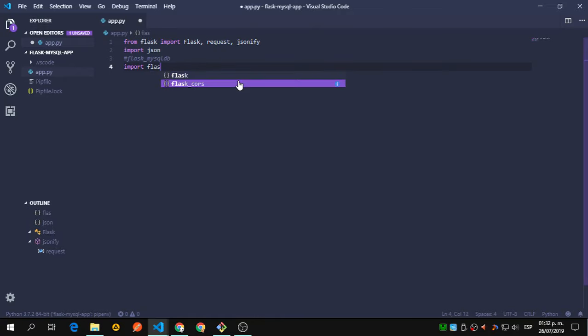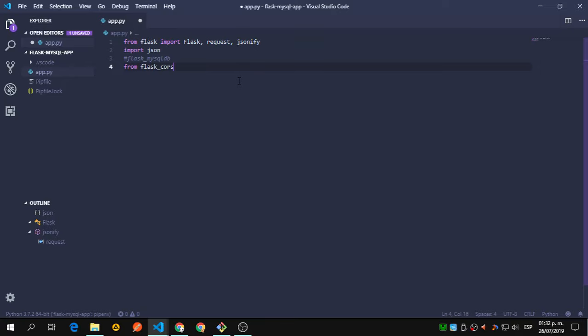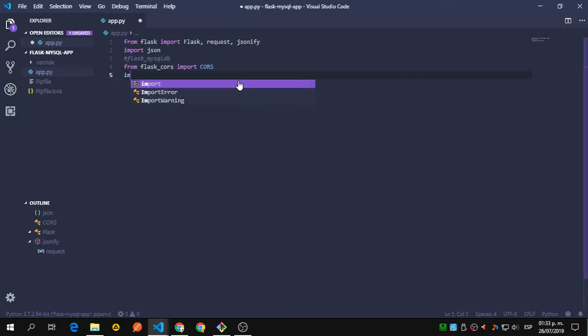Import Flask CORS. No, sorry, this is not import from Flask CORS. We import CORS, okay, just like that. So this will allow us to handle requests and to allow the front end to access our backend. That is this one, Flask. We need to import